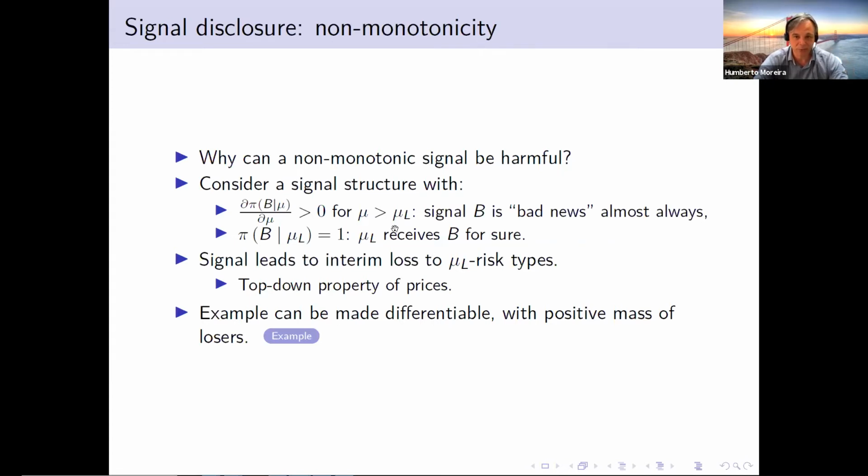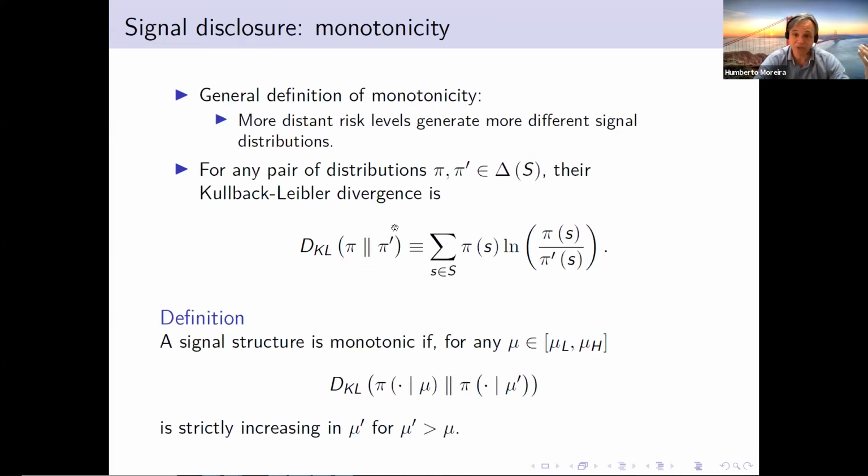That's another point. And in terms of generalization, monotonicity I presented in the binary case, but you can generalize that with this notion of the Kullback-Leibler divergence measure, which is a kind of metric, but it's not a metric indeed. It's a positive measure but it's not symmetric and does not satisfy the triangle inequality, but it essentially says that if two measures are different, are divergent, they are more informative.